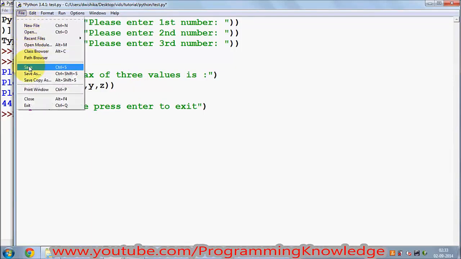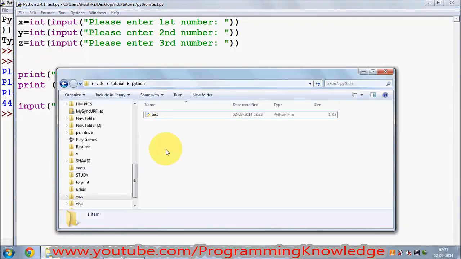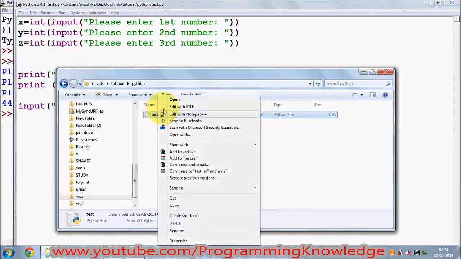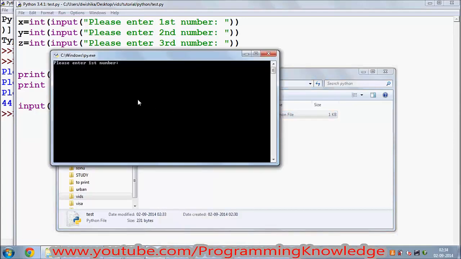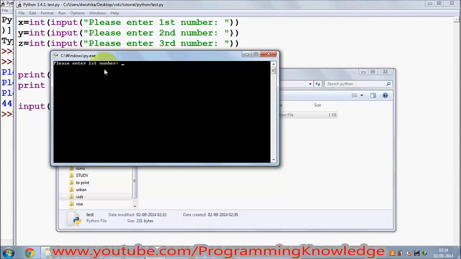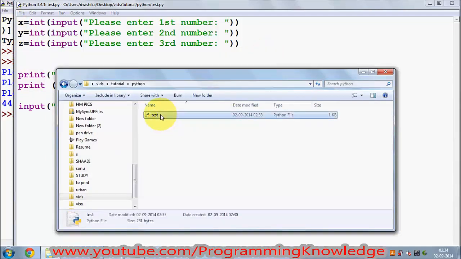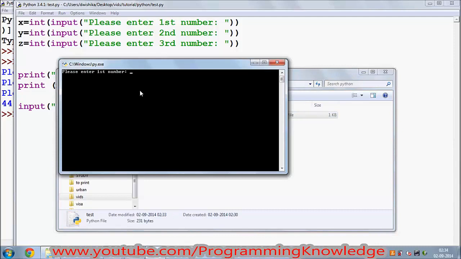Just go to file and save it, and then go to the Python file wherever you have saved it. You can right click and open it. It will open in the Python terminal, and this will run your program directly. You don't even need to use this Python shell. Or you can just directly double click it and it will open your Python program, and it will give you the option